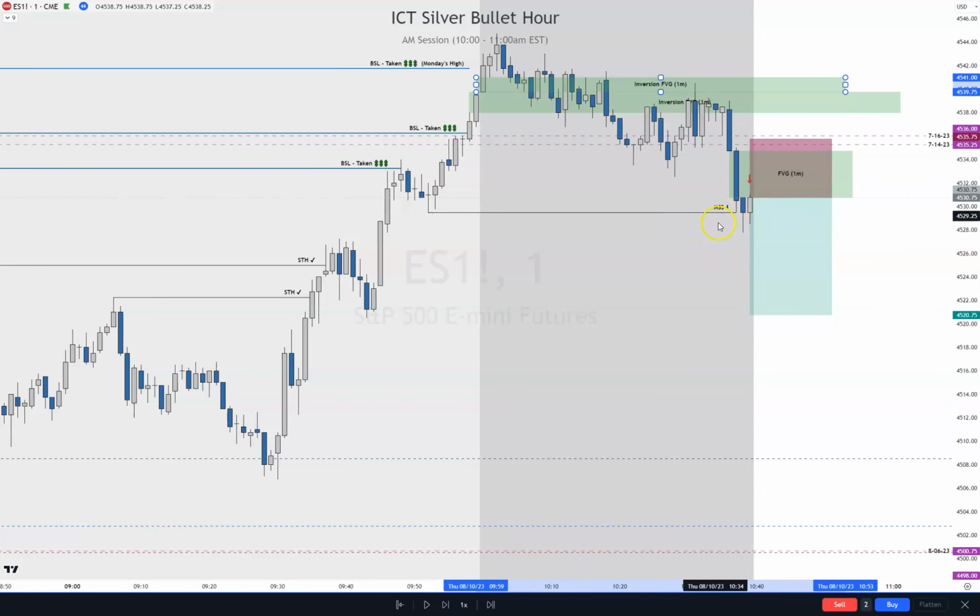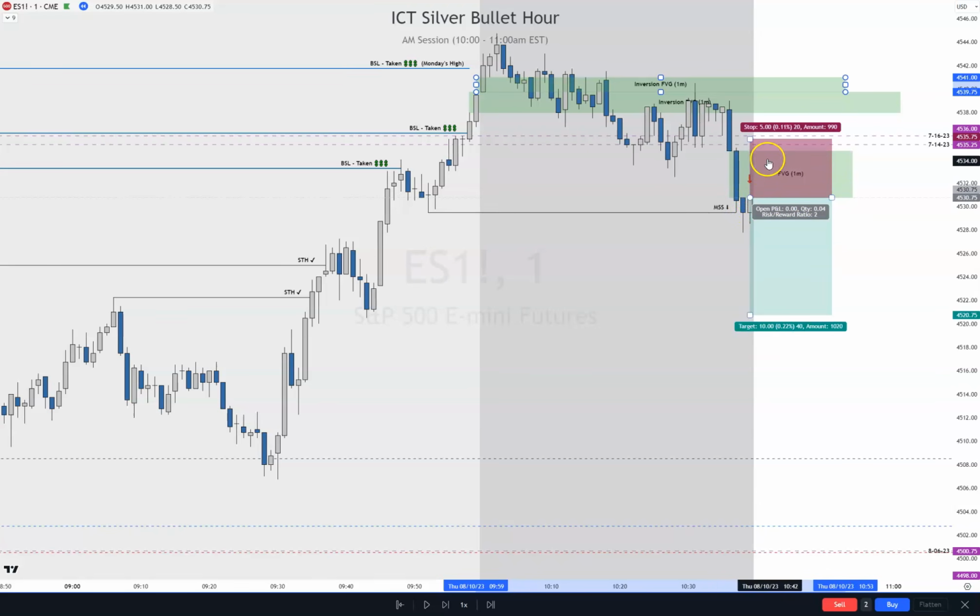So let me just say that again. I have a limit order on this fair value gap because if this is all holding, I don't expect it to come back up here. It's been up and down, up and down, up and down. So it could be a balanced price range, right? That doesn't need to come up in here. Now that it's left it, I don't expect it coming up there. So I'm putting my limit order at the bottom of the fair value gap.